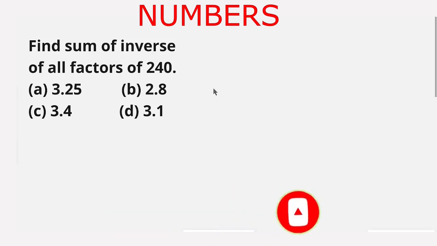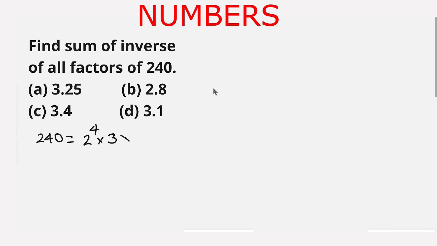We have to first factorize 240 in prime factors, and 240 is equal to 2 to the power 4 multiplied by 3 multiplied by 5. These are the prime factors of 240. 2 to the power 4 is 16. 16 times 3 is 48, and 48 times 5 is 240. Now we have to find the sum of all the factors, and the sum of the factors S is given by